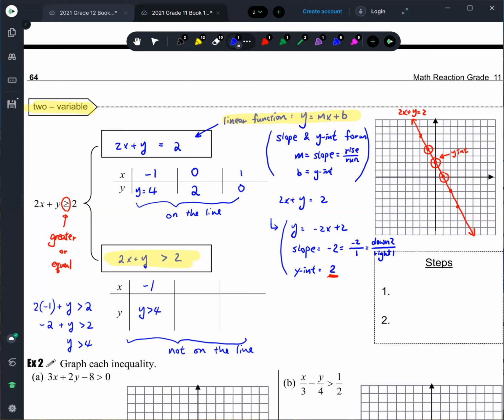Okay, I just plug in the x and then solve for y. Okay, Angeline, any questions? Okay, so what does that mean on the graph? Okay, y greater than 4 means the y could be 5, right? Could be 6, could be 7, right? Etc. So if you look at the picture,